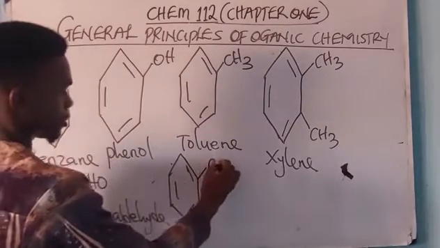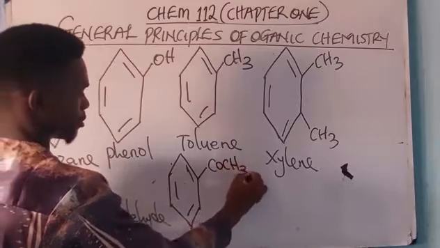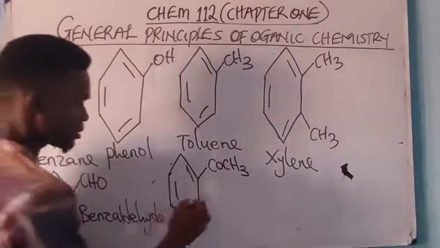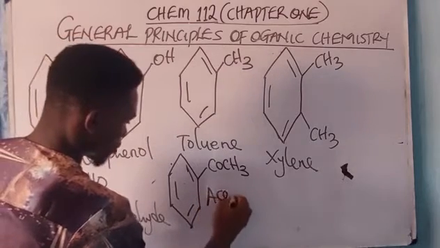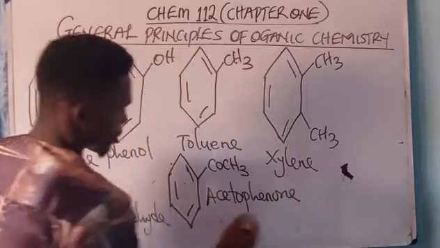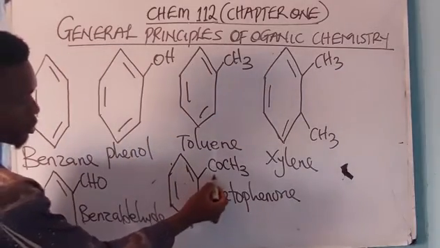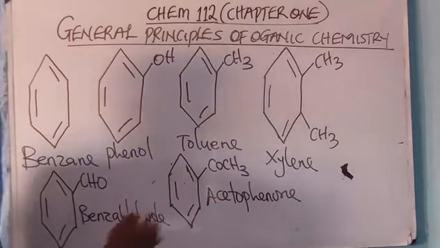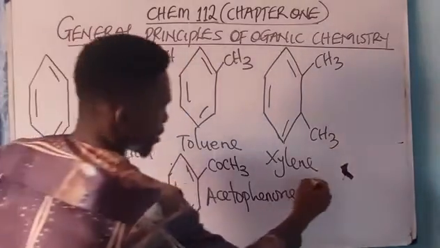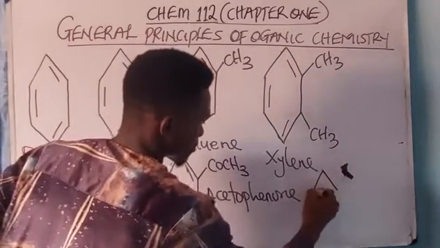If this is the ketone functional group, this becomes what? Acetophenone. Acetophenone, right? Because of what? This ketone functional group, right? If I don't call it ketone, I can also call it what? Alkanone. Okay? Now, if I have another one like this,